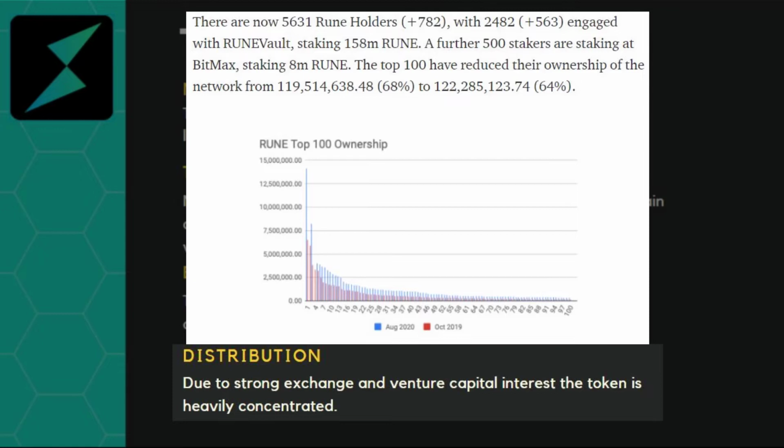Now, to be fair to the team, many projects, even Bitcoin, started off being highly concentrated, but as we go through these bull and bear markets, the token becomes more and more distributed. Also, as a token price appreciates, I'm sure many of the whales will sell a portion of their tokens to be staked into the pool. For example, when the token hits one of my price targets, I plan on selling a portion of it into BUSD. This way I can use my BUSD and Rune to stake into a pool and earn passive income.